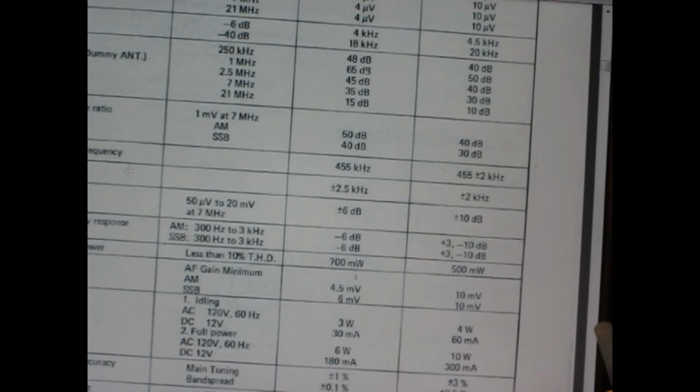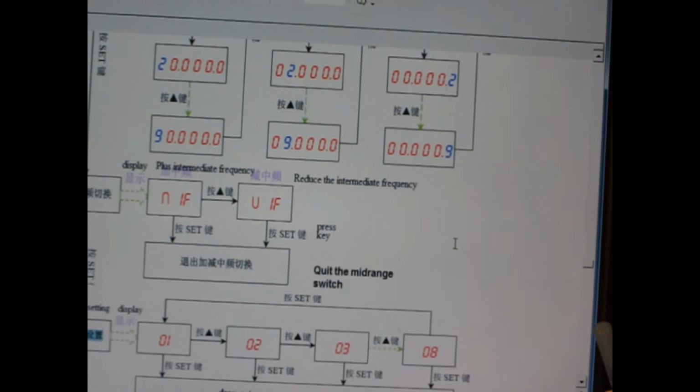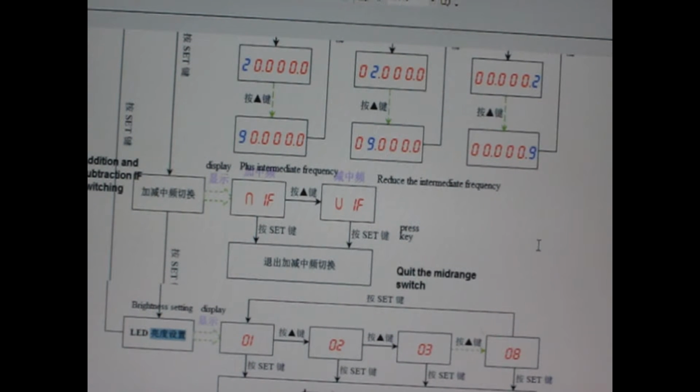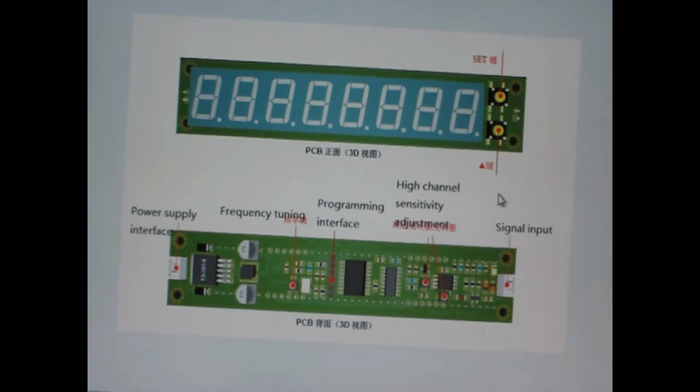I wanted to just flip over here and show you instructions. Okay, so this is a close-up of the instructions that I've translated for how to set up the IF. And we're going to work with that, plus we're going to work with the fact that we need to know where the actual setup and key buttons are. And this particular display that we're going to use, this is, by the way, the